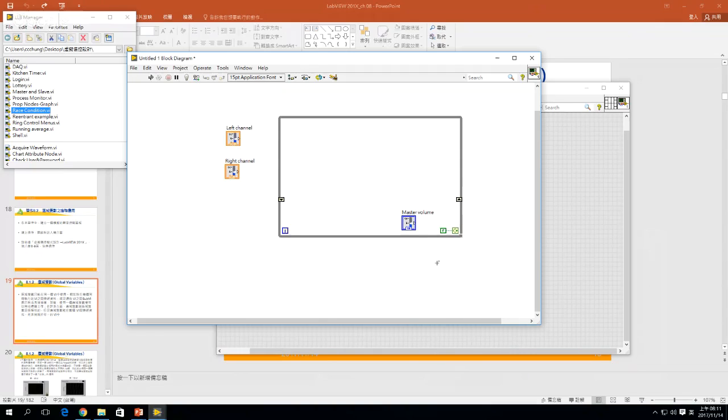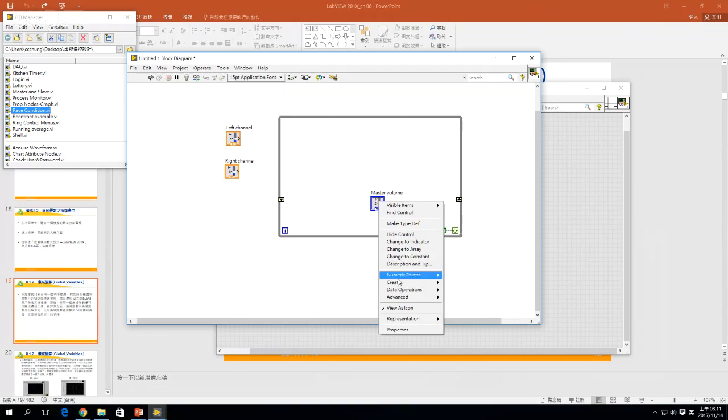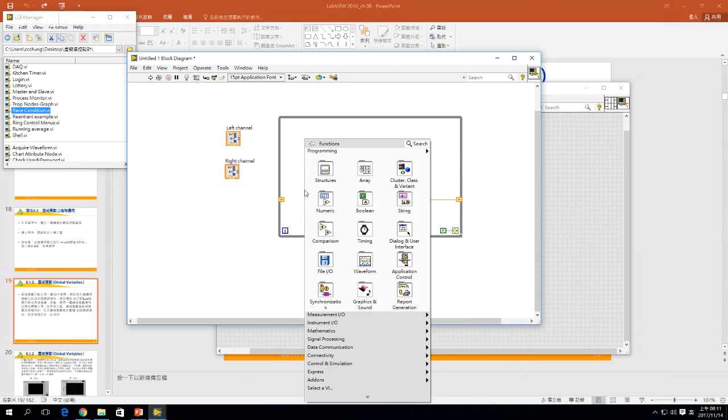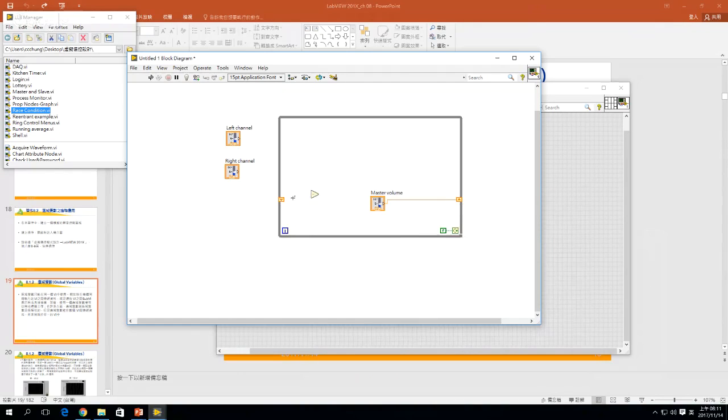We change to the control, and this master volume, so we should change to the double, and this can be going to the right of the shift register, and this one is subtract here, and here,